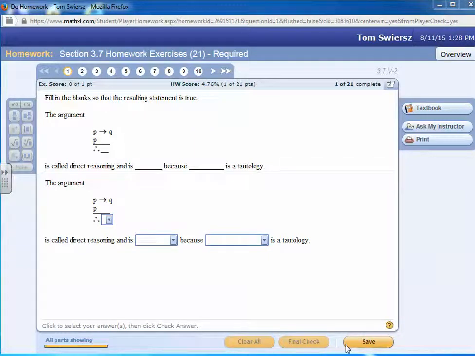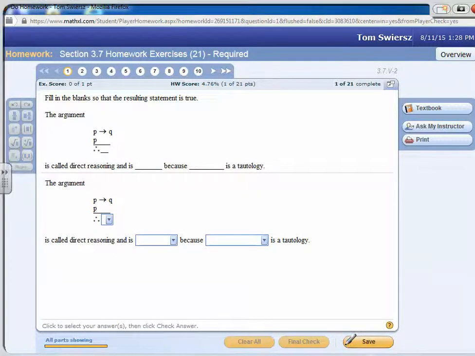Let's solve homework exercise number 1 from section 3.7. It says fill in the blank so that the resulting statement is true. The argument, if P then Q, and then we have given P, therefore we want to know what we can conclude. Okay, this is called direct reasoning and is valid